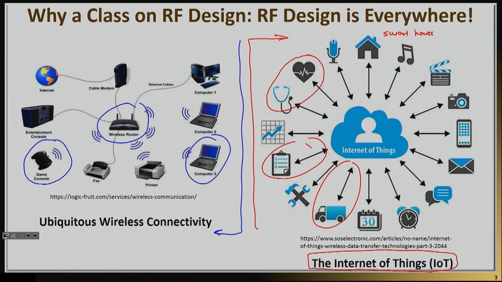However, that RF design for most of these areas is actually hidden from the public. It has become so mature and so advanced that we actually take it for granted. Most people believe that things should simply be connected, and they don't exactly know why. It just works, right? It's almost like getting an apple from an apple tree. It just happens. And in the future, it will happen more and more.